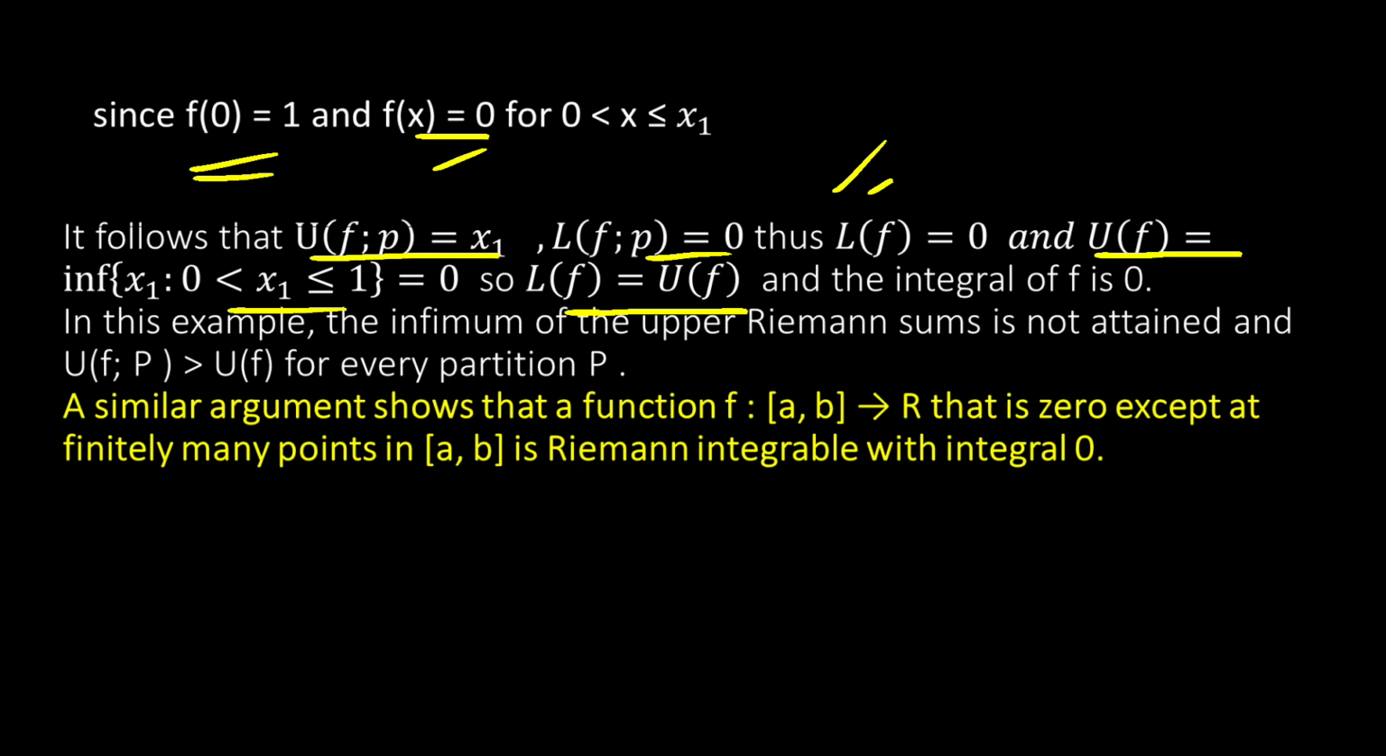And in this example, the infimum of the upper Riemann sum is not attained. The infimum is not attained, and it will imply that the upper Riemann sum is greater than the upper Riemann integral for every partition. That should be happening. So this is a very important argument, and it's a similar argument that shows that a function